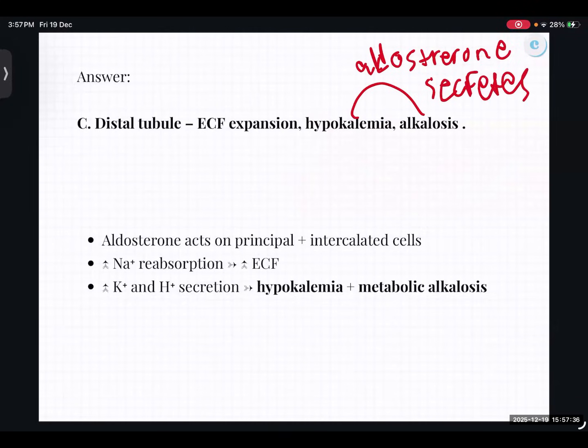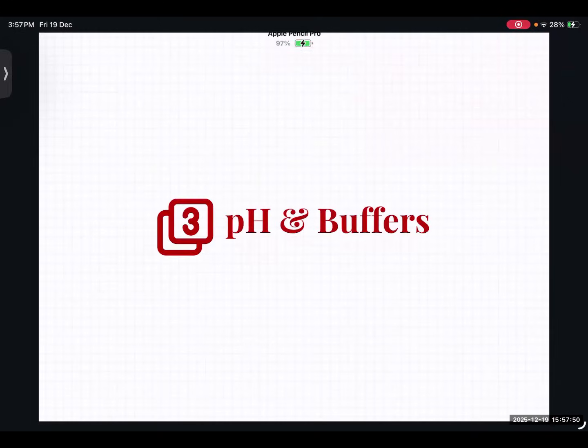Aldosterone also reabsorbs sodium, so it's very nice to just lay it out in your mind. Aldosterone reabsorbs sodium, secretes potassium and hydrogen. Okay, perfect. So our third category today is going to be